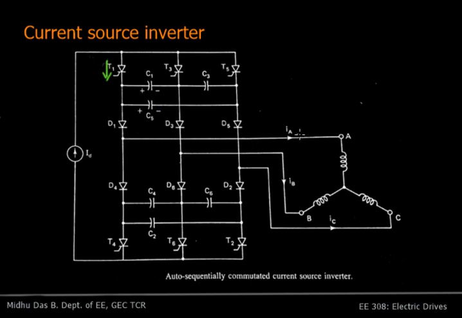Why? Because here the terminal voltage is varying depending upon the load, whereas in VSI the load voltage is constant and the current is varying depending upon the load. In this case, the voltage will vary depending upon the load, and therefore there is no requirement of a freewheeling diode. We saw when a freewheeling diode conducts and when the device conducts in a voltage source inverter. Such a requirement is not here.